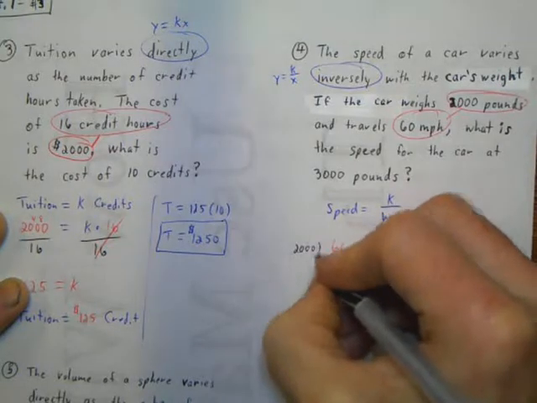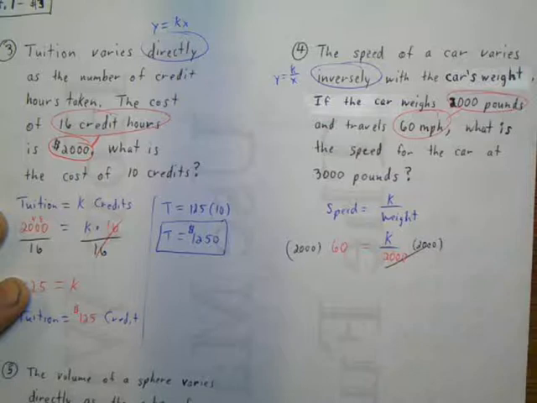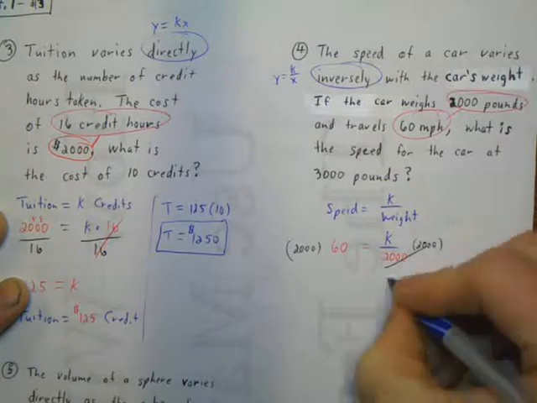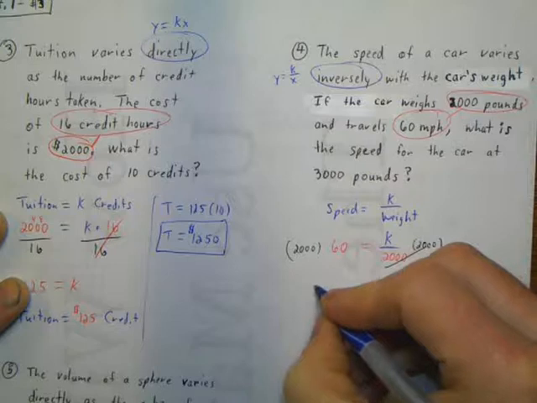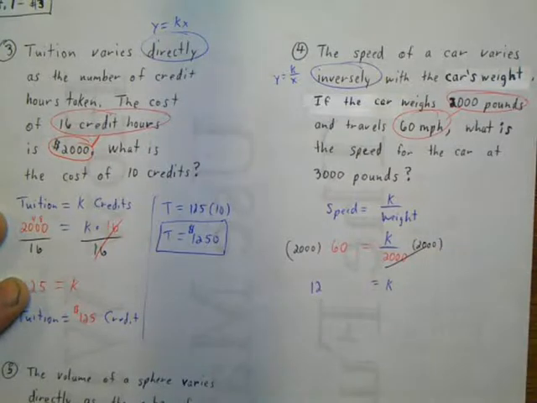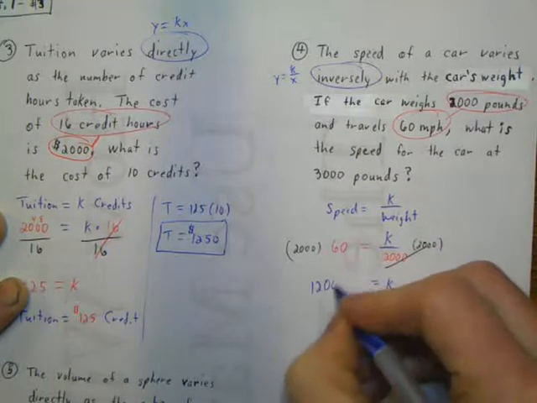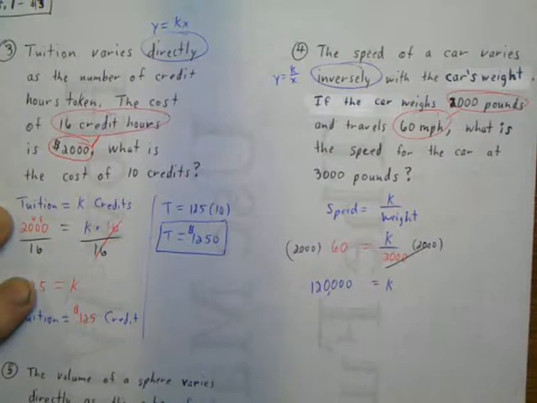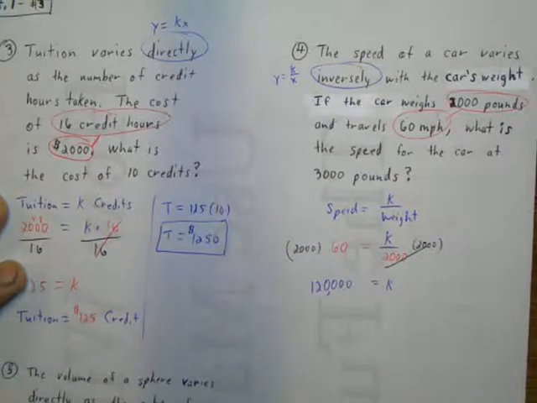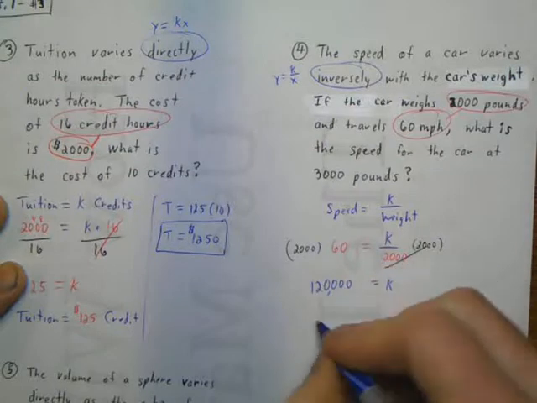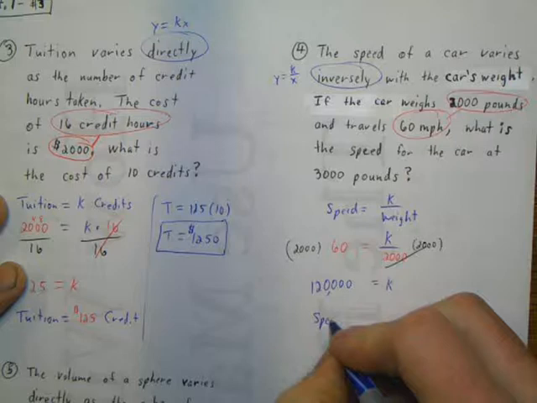Cancels there. My constant in this case looks like it is 6 times 2 is 12. There's 3 zeros there and a 1 zero there. It's a total of 4 zeros. So my constant is 120,000. So if I write this, I have speed equals a constant of